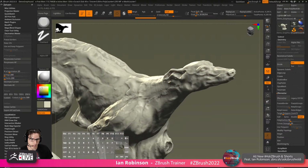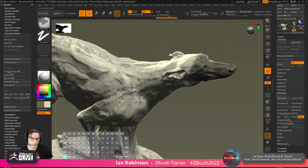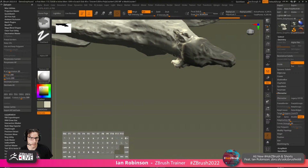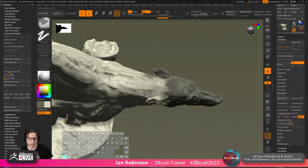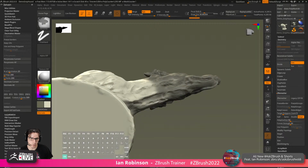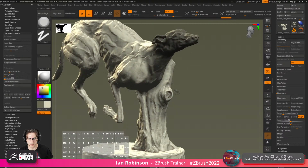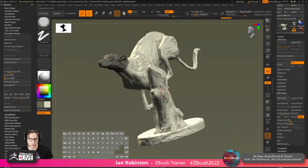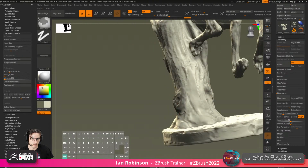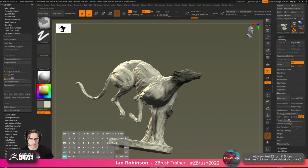So if I would like to preserve the face of this dog, what I'm going to do is take the mask and mask off this section here. And this is going to focus all of its attention in the decimation process on this masking element first. At this point, I'm now telling ZBrush, this section right here is so important. I don't want this to actually be smooth or warped in any way, shape, or form. And you know what? I really like the knots in the tree. So I'm going to go ahead and take the knots. Everything else is fine. I like that, but I really want the knots, and I really want the face to be the most important